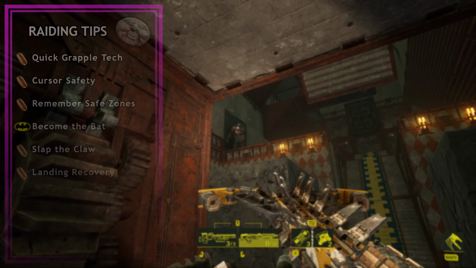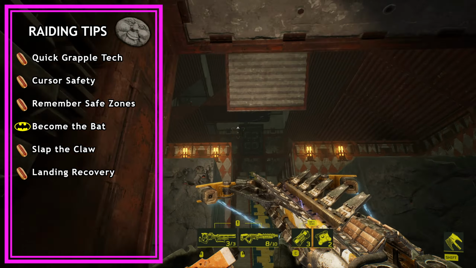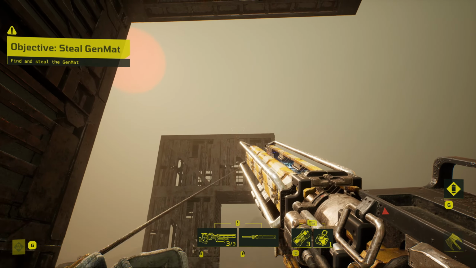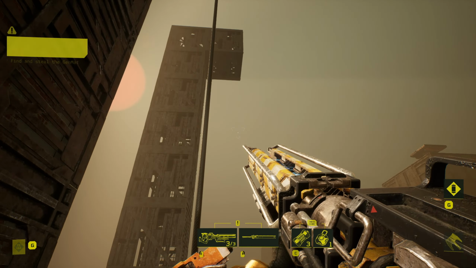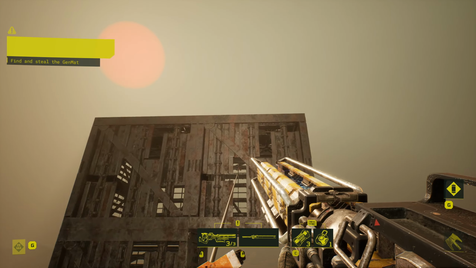Okay, let's start off with some Raider tips. First up, quick grapple tech. So when you grapple a wall, you can press the grapple key a second time to release the hook, press it a third time and you can grapple again. If you do this pretty quickly, you can grapple hook all over the place to dodge attacks or find quick